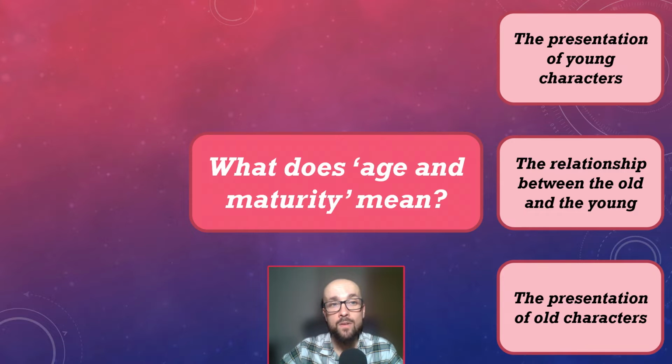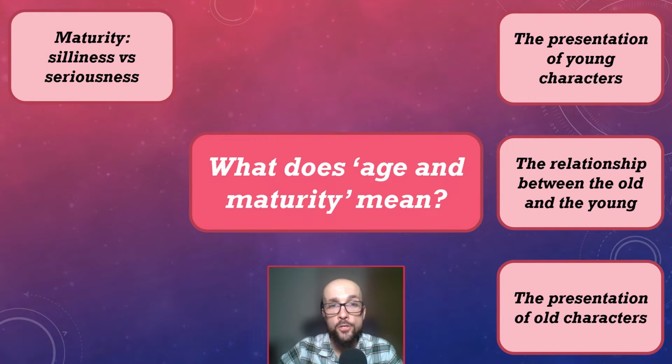Next, I would break down what is meant by maturity, and which ideas might relate to that. Now, rather unhelpfully, most dictionaries just define maturity as the state of being mature or of being an adult, but even this can and should be broken down quite a bit. For instance, if you call somebody immature, you often mean that they are silly and not serious, meaning that if you call someone mature, it would mean that they are quite serious or sensible as a person.